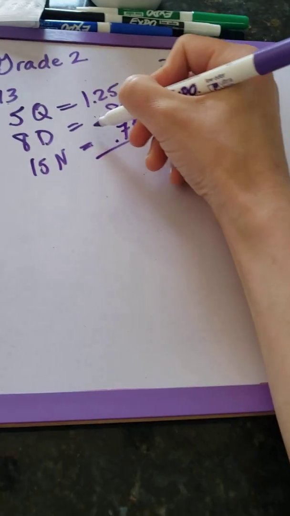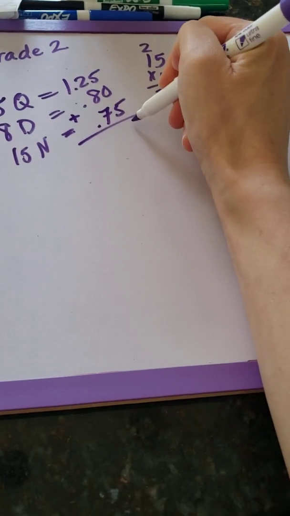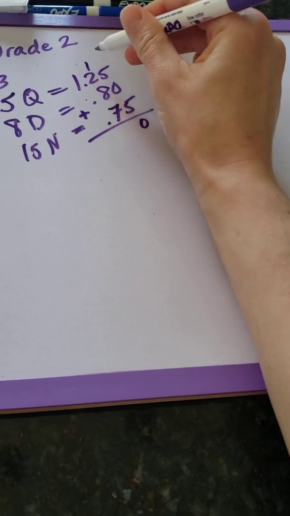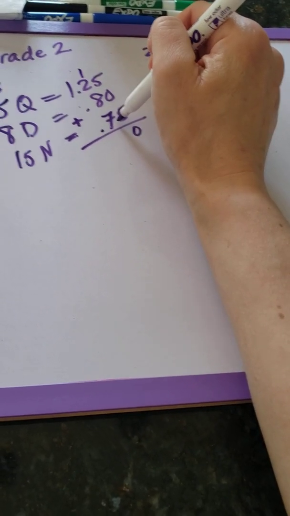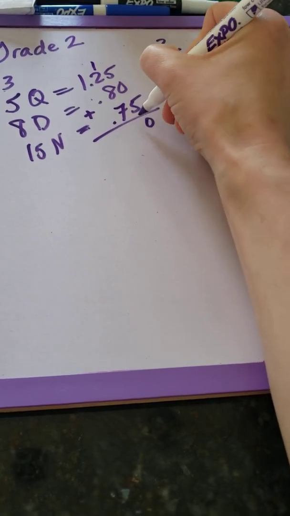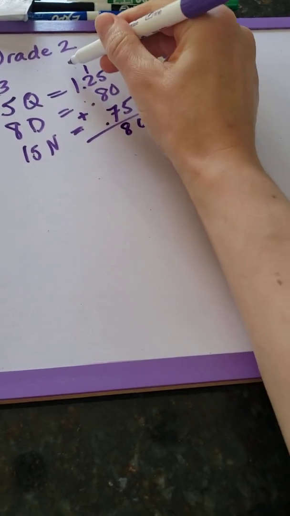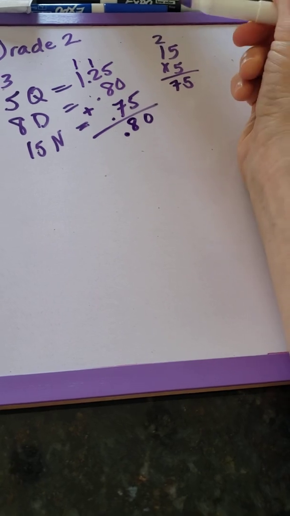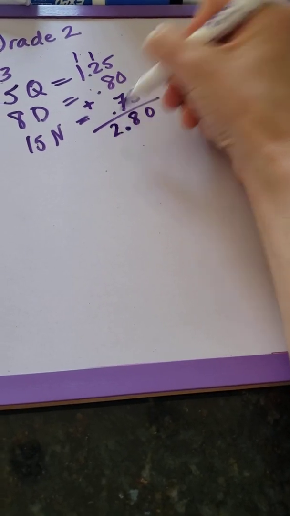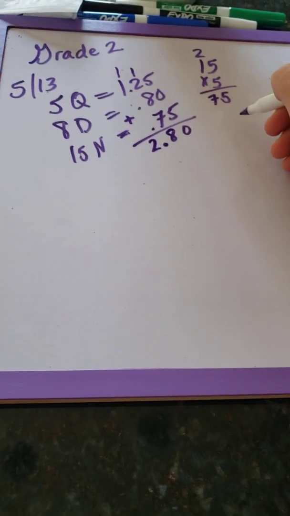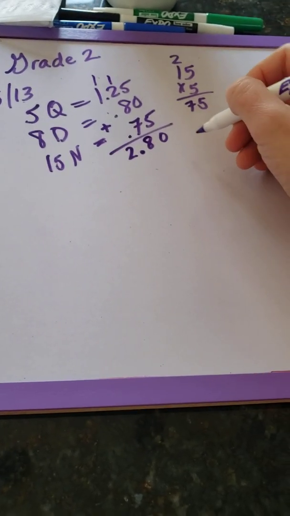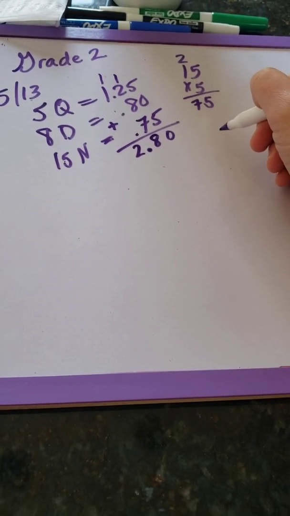Now I'm going to add up how much money she has. 5 plus 5 is 10, put down my 0, carry my 1. 1 plus 2 is 3. 3 plus 7 is 10. 10 plus 8 is 18. Carry the other 1 and add my decimal. 1 plus 1 is 2. So she has $2.80. Then it says she buys a bag of potato chips for 65 cents and a peanut